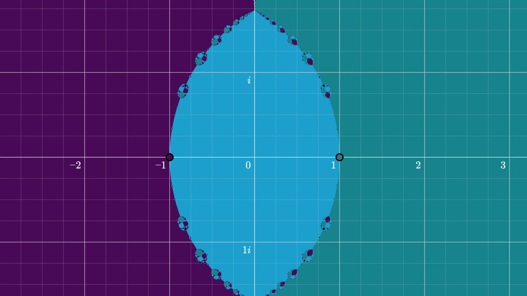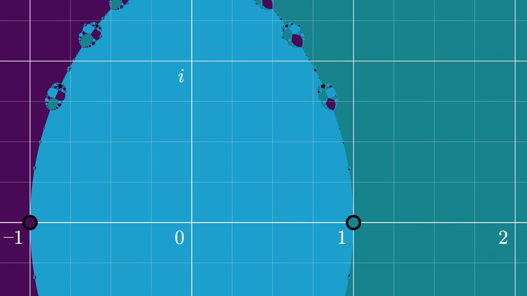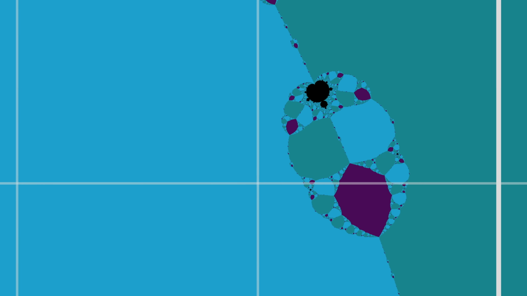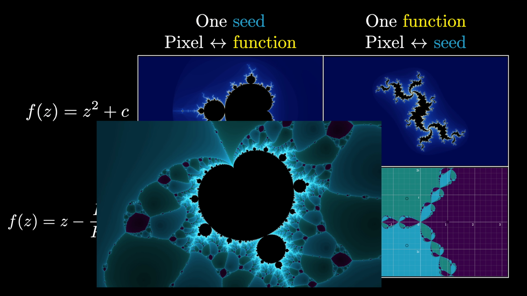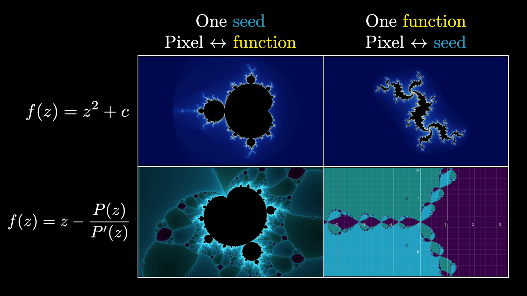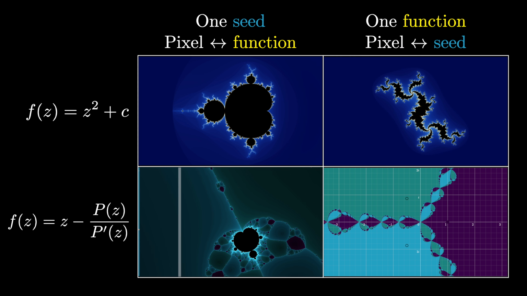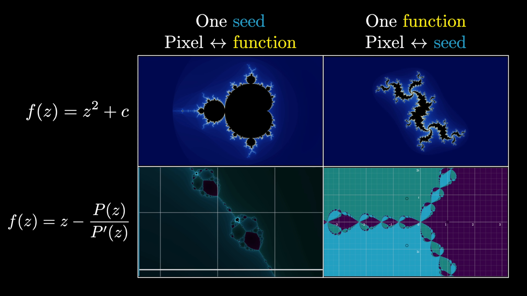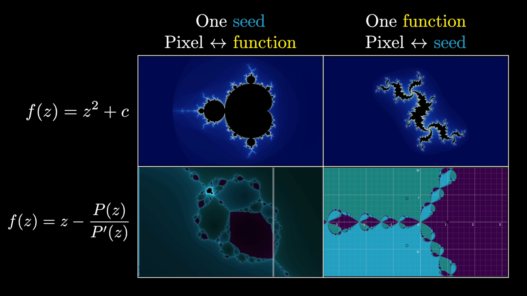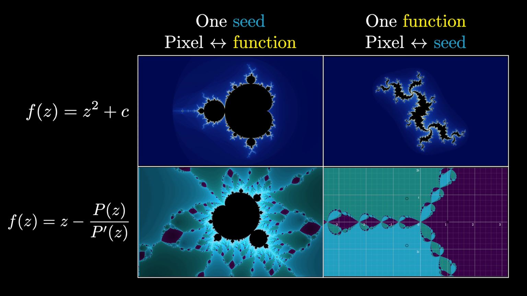But, and I think I've previewed this enough that you know exactly where this is going, if we zoom in, we can find a black region, and that black region looks exactly like a Mandelbrot set. Yet again, asking a question where we tweak a parameter for one of these functions yields this iconic cardioid and bubbles shape. The upshot is that this shape is not as specific to the z² plus c example as you might think. It seems to relate to something more general and universal about parameter spaces with processes like this.